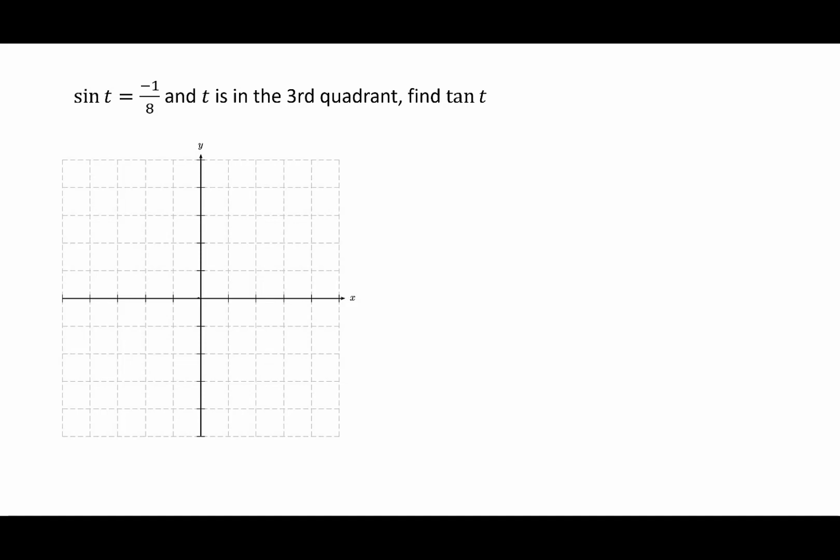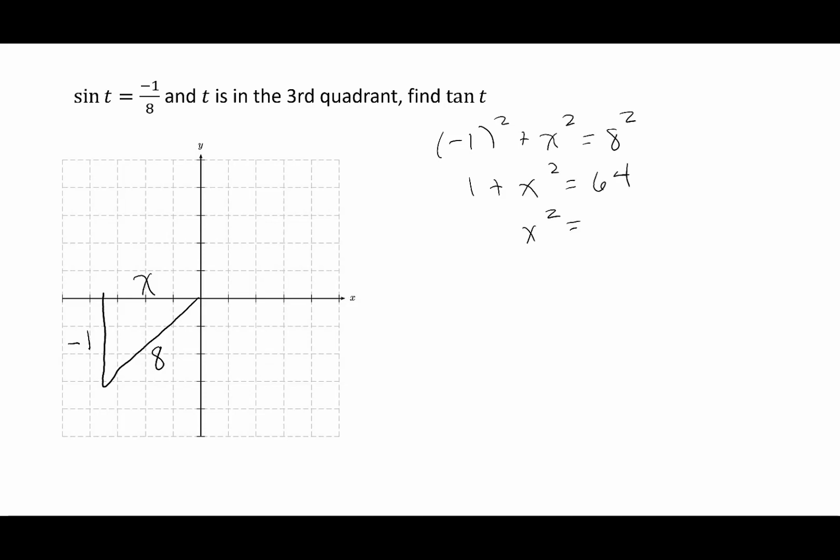So in the third quadrant, I draw a reference angle. Sine is opposite. We'll put negative 1. Hypotenuse is 8. This time we don't know the adjacent. Again, we'll call it x. Using the Pythagorean theorem, we have negative 1 squared plus x squared is equal to 8 squared. This is 1 plus x squared is 64. X squared is 63. When I take the square root, we get that x is equal to the square root